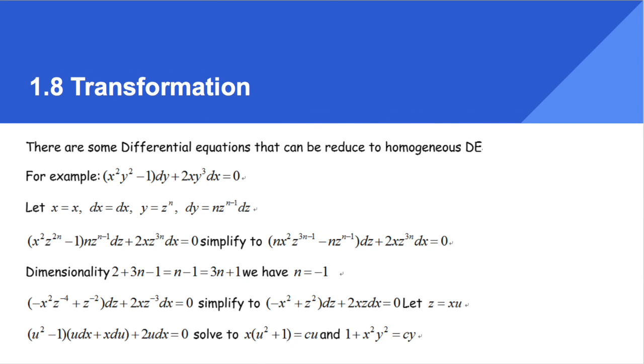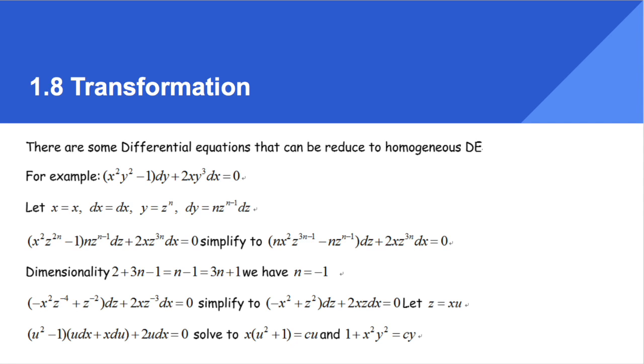Finally, this is the last technique for this chapter. There are some differential equations that can be reduced to homogeneous differential equations. For example, the differential equation shown above seems complicated. However, if we substitute y with z to the power of n, take the derivative of it, which is dy equals n times z to the power of n minus 1 dz, plug them back into the DE, simplify it,